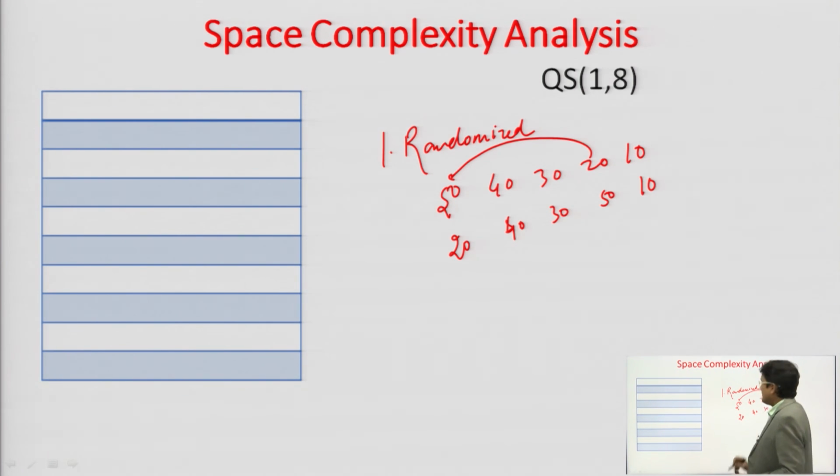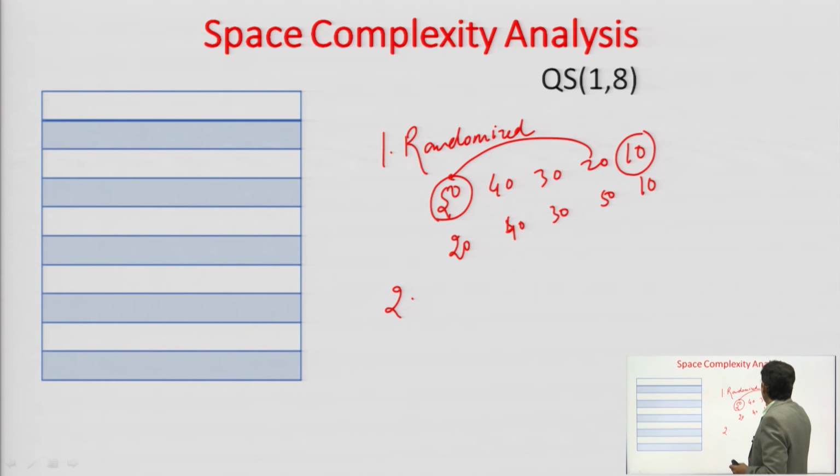And then you start partitioning. When you start partitioning now, you will be finding 2 parts. So this is random selection of the pivot element. Every time the partition is going to take place, you randomly select one of the elements as a pivot and you exchange that with the first element, and then you go with the usual partition method that you have learned. Another method could be that you take